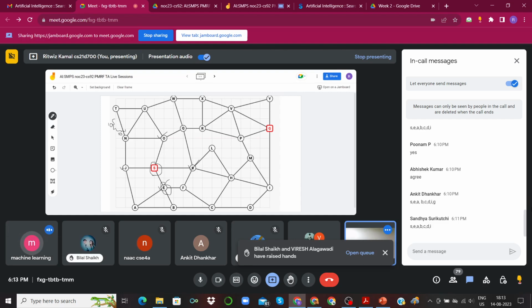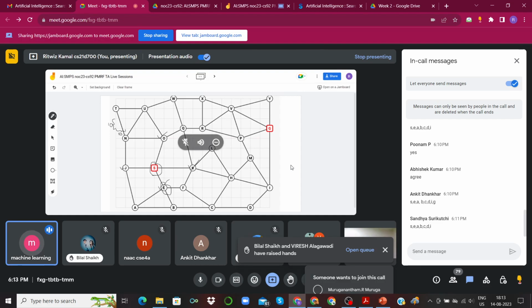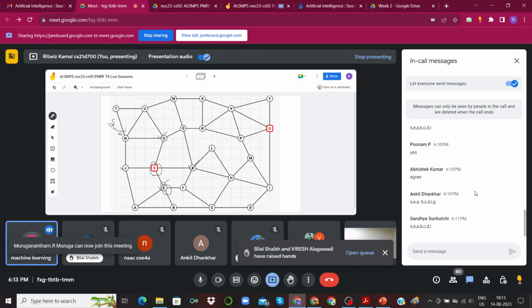Sir, what happens, like here there is a question in which it was said that you have to take the edges. You cannot draw any edge on your own. Whatever edge is given in the map, you have to take those edges. When I was going through the edges, I cannot cover all the edges. When I'm taking the smallest distance, I cannot cover all the edges. So I think that's not a traveling salesman problem. Is it so, sir?